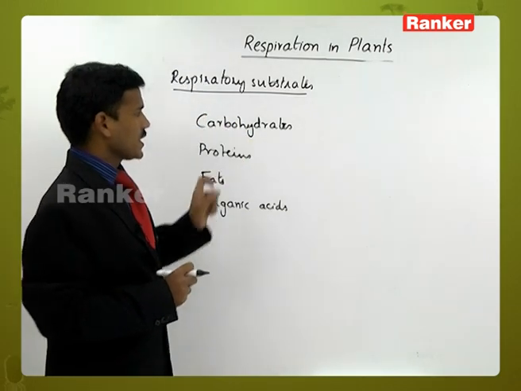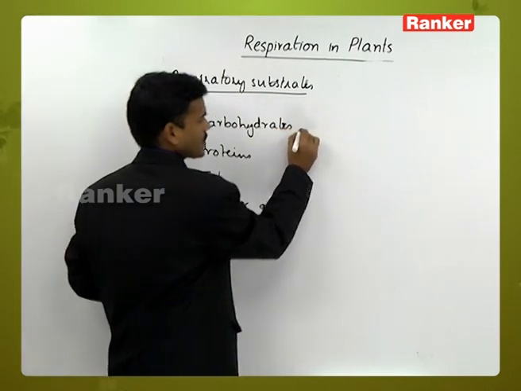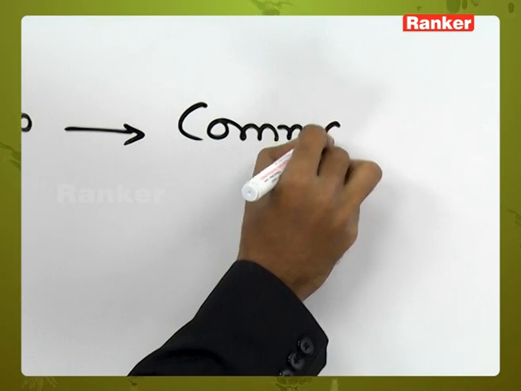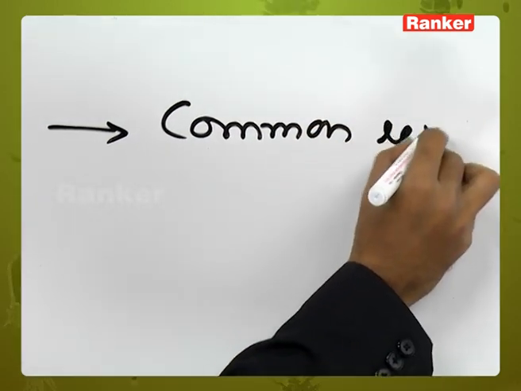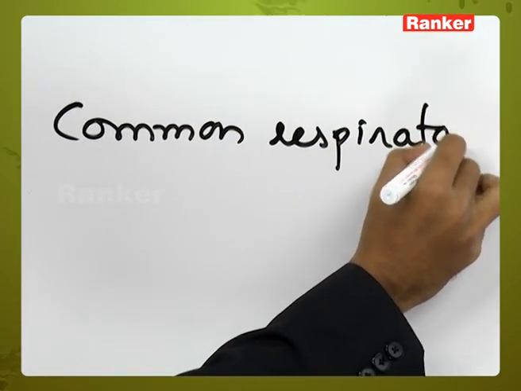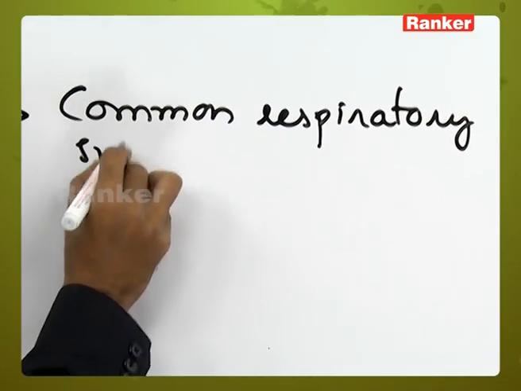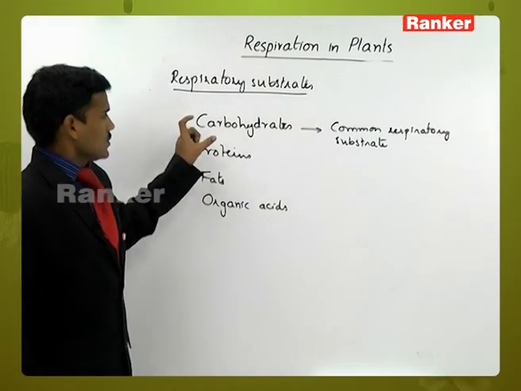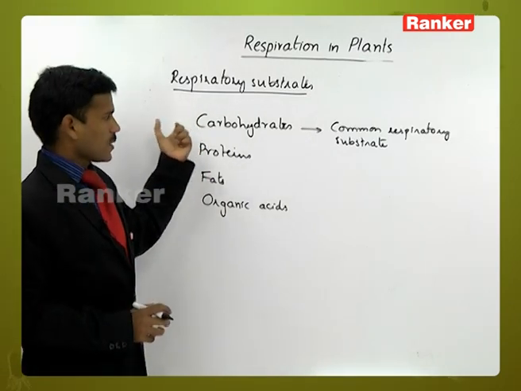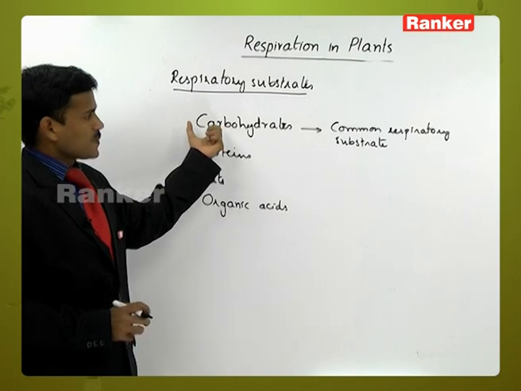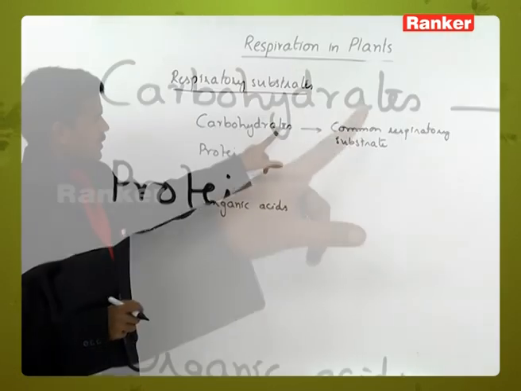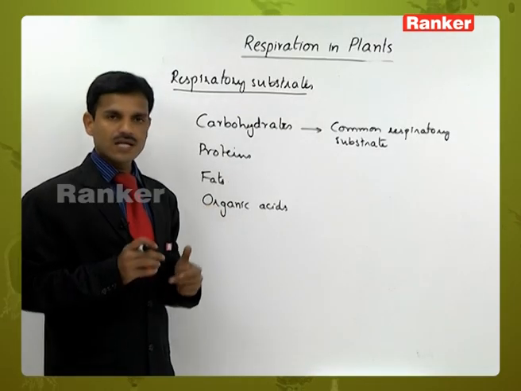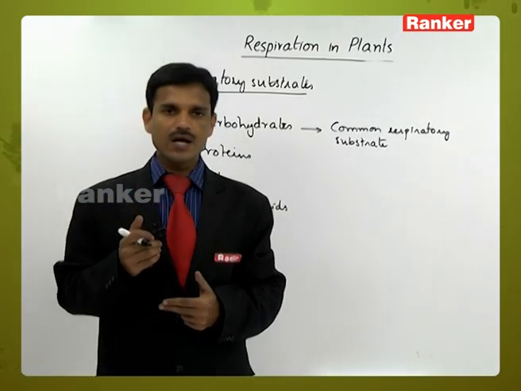So the common respiratory substrate is a carbohydrate. Mainly glucose. In almost all plants and animals, the common respiratory substrate is carbohydrates or glucose. Next, the proteins, fats, organic acids, these are also participating in respiration,